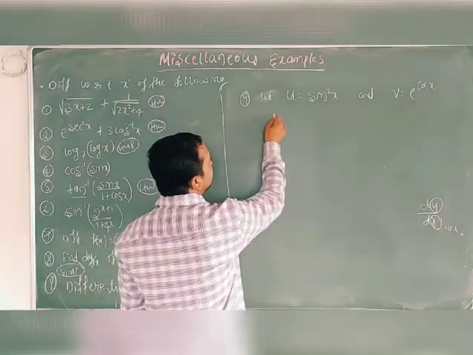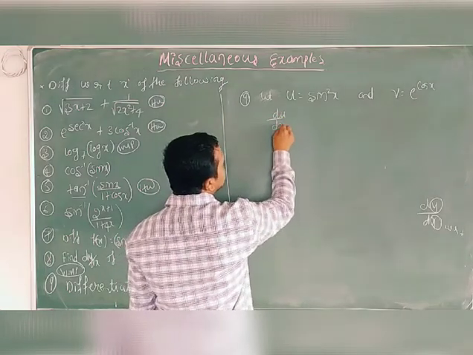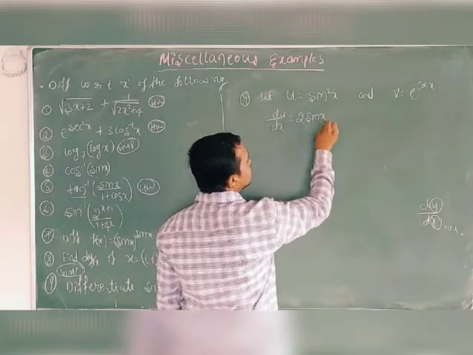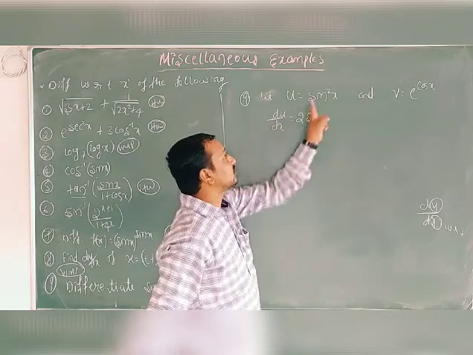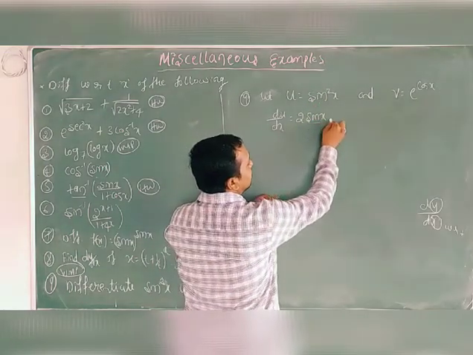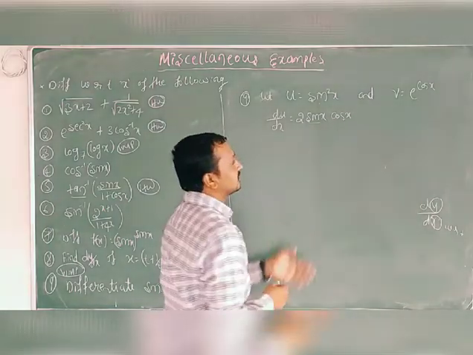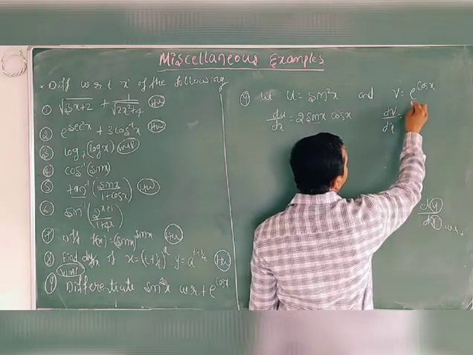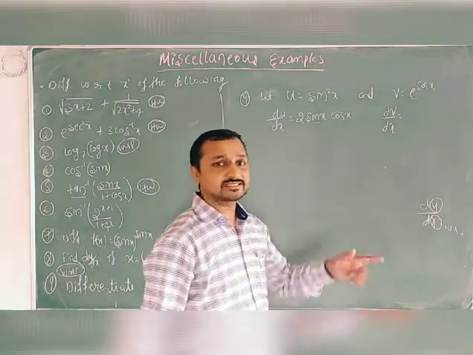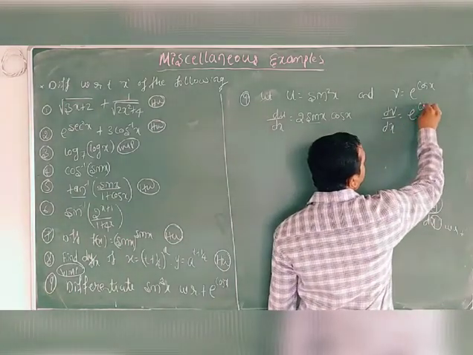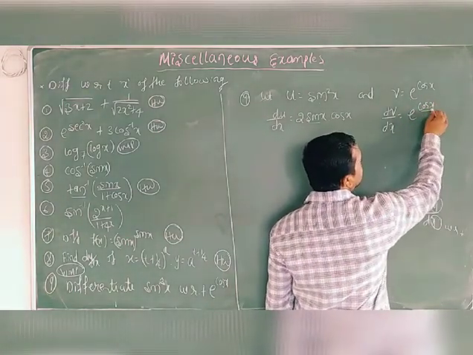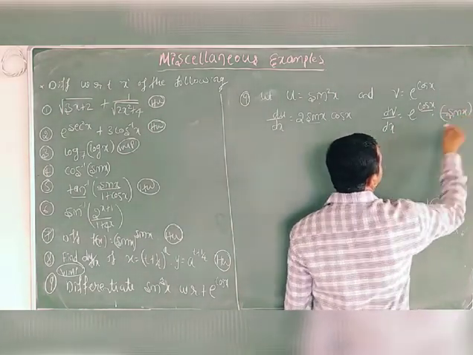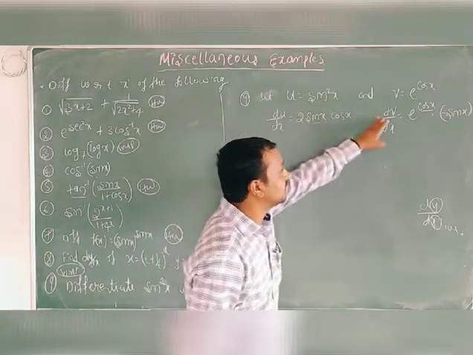So first we write du by dx, using x. This is parametric form. Then obviously du by dx is, for x raised to n, 2 sin x. The x square part: derivative of x square is 2 into x, and instead of x there is sin x. Derivative of sin x is cos x. You get 1 mark. And here dv by dx, this is also for e raised to x. What is the derivative of e raised to x? e raised to x as it is. e raised to cos x as it is, then with respect to x, cos x. What is the derivative of cos x? Minus sin x. This is du by dx and dv by dx.